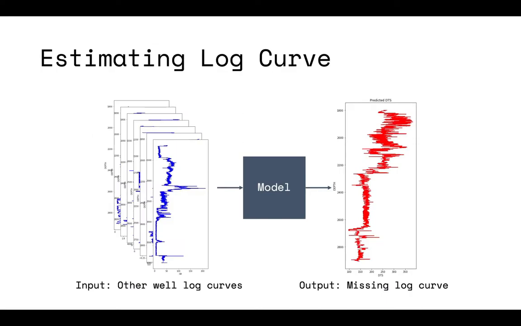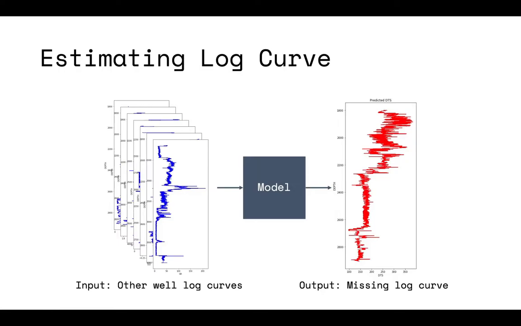So our main problem today is to estimate the log curve. The log curve is a basic thing that geoscientists need to interpret, but sometimes another well has a missing log. Our objective is to predict the DTS. Let's say we have 10 well logs in some area, but 3 of them don't have the DTS. So we want to predict the DTS log values on these 3 wells with missing data.